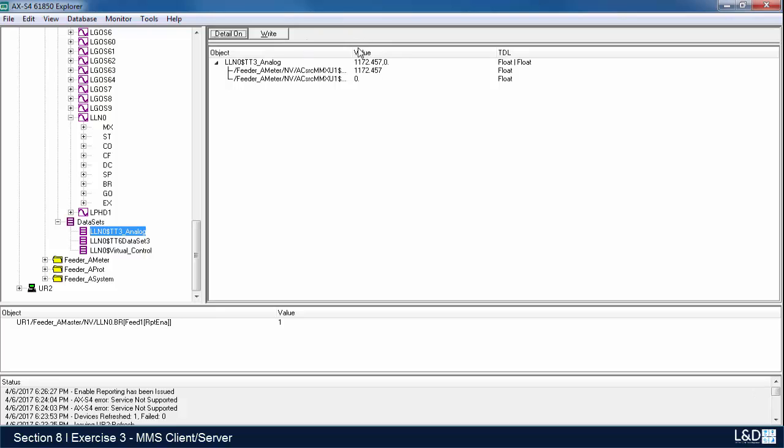If I expand out on this object name, you'll see the full indication of what this represents. So the first one is volts phase A, and the second one is amps phase A. So I'll turn the current back up, and this is on UR1. On the next data set,